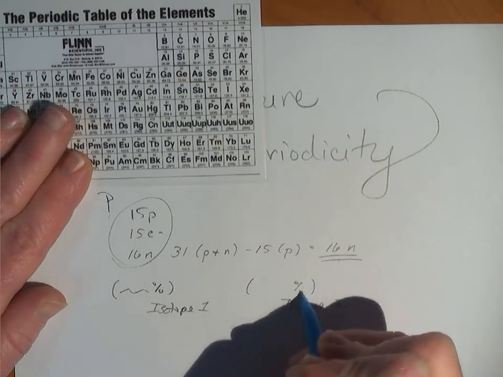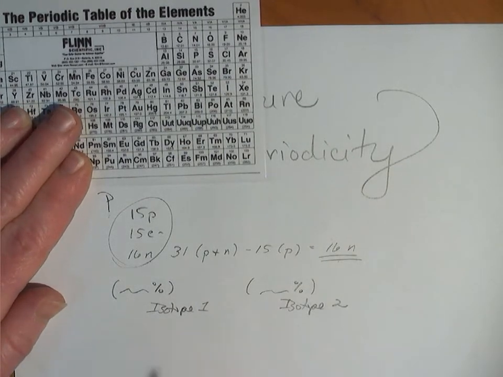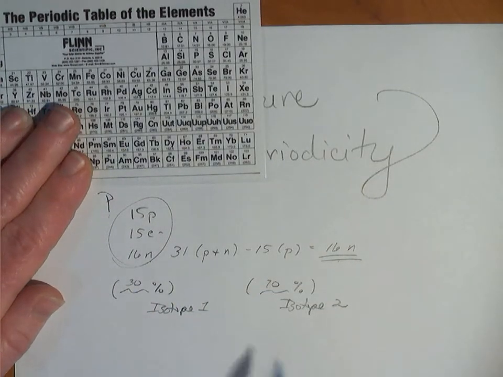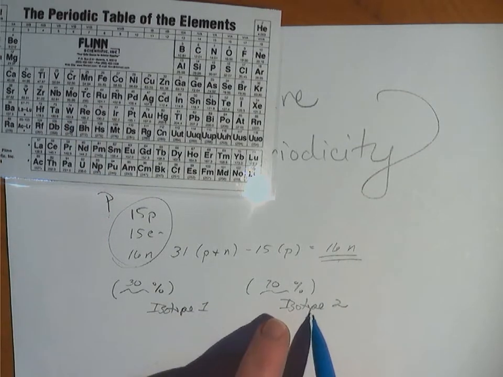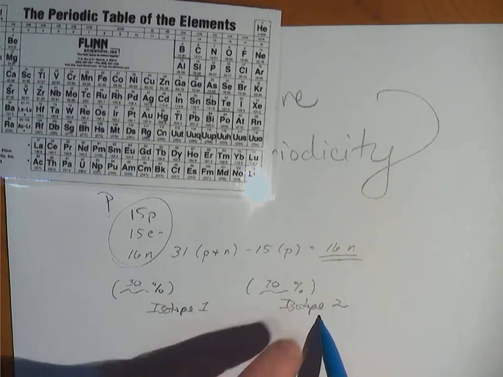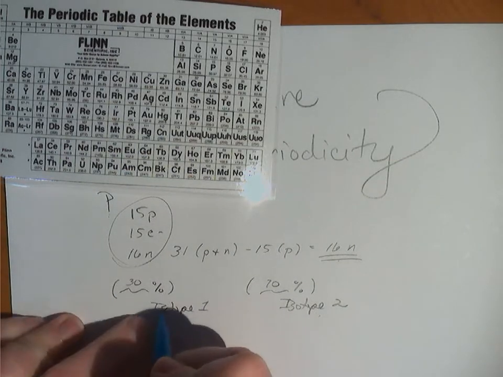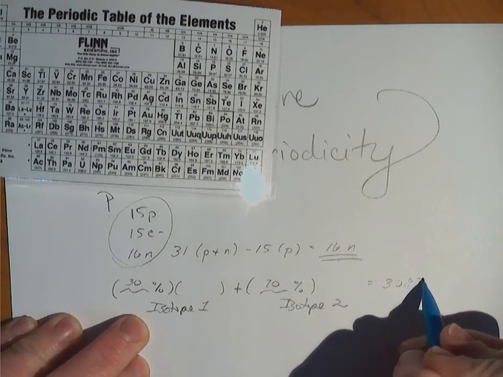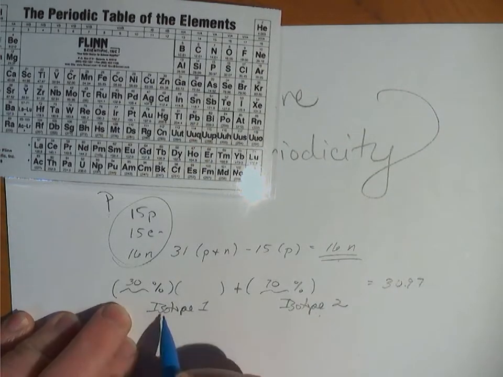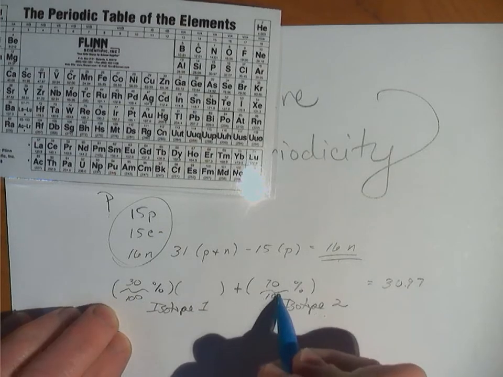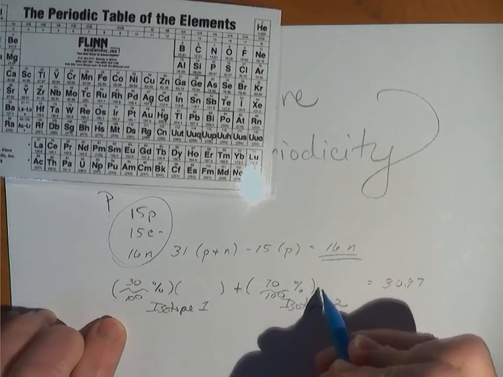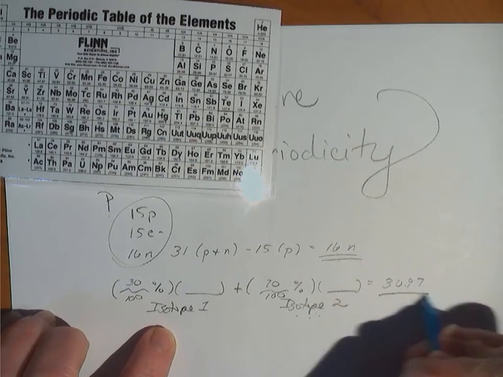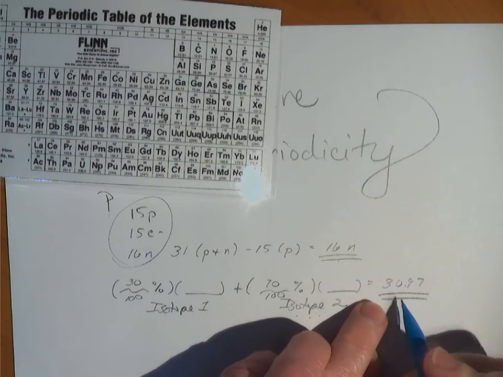If we know the percent abundances, we can just make up that maybe one version is 30% abundant and the other is 70% abundant. So of 100 atoms, we're likely to encounter this one 70 out of the 100. And what we do to get that 30.97, which is on the periodic table, is you take the adjusted percentages, so divide by 100 to undo the percent, multiply by the specific mass of each isotope, add that, and that's how we get the average atomic mass,